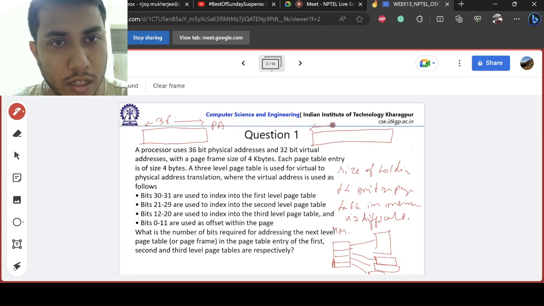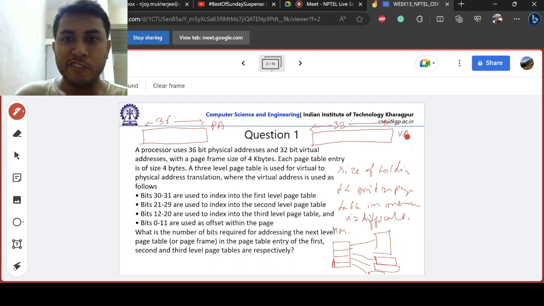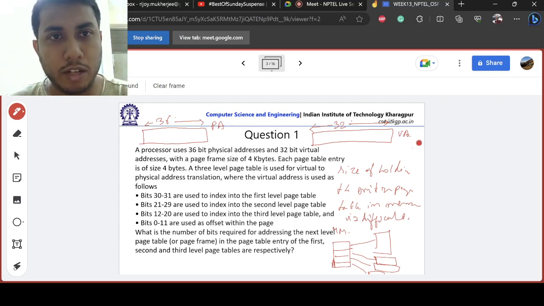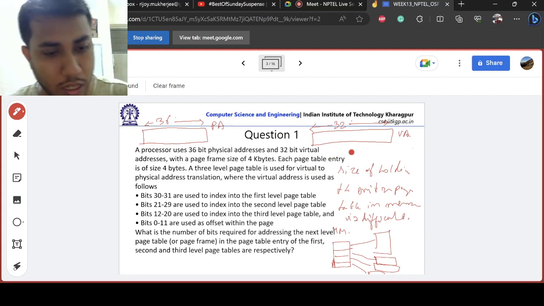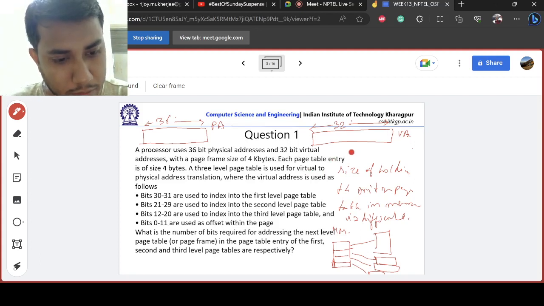Of this virtual address, what is the job of your page table? To translate this virtual address into a physical address, right? So what it says is that